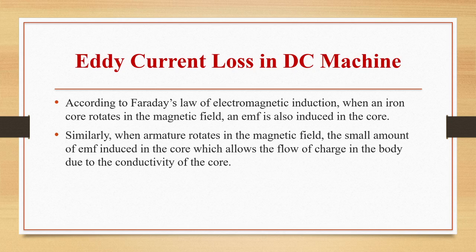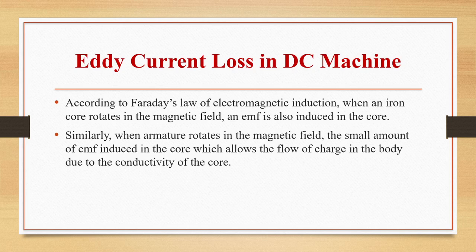So what we are telling here is that the current should flow through the winding, right? Current should flow through the winding, but not through the core on which the winding is wound. But this is happening because the core is also a conducting material. The winding is a conducting material, and the core on which it is wound is also a conducting material. So apart from the current flowing into the winding, some amount of current will be flowing into the core also.